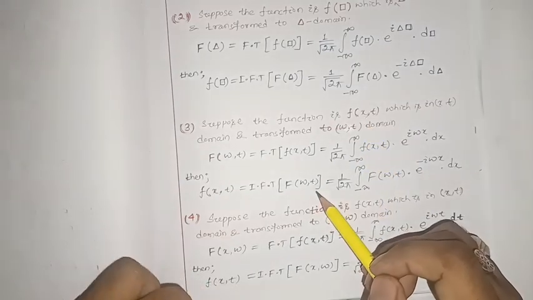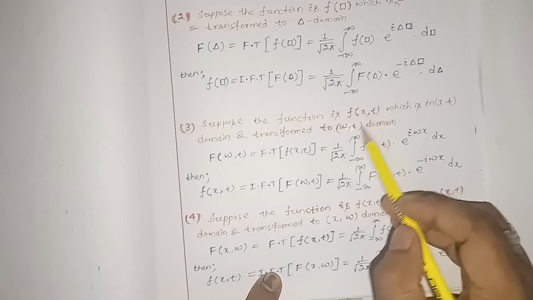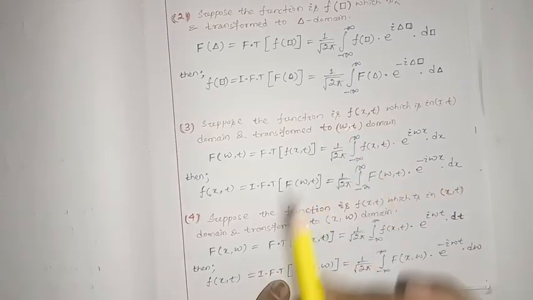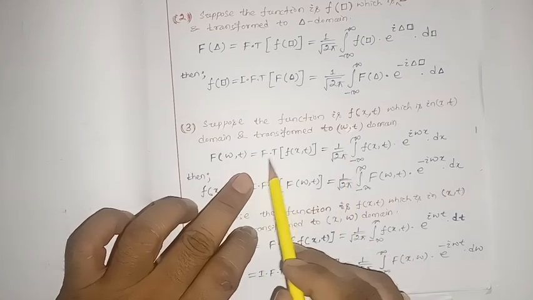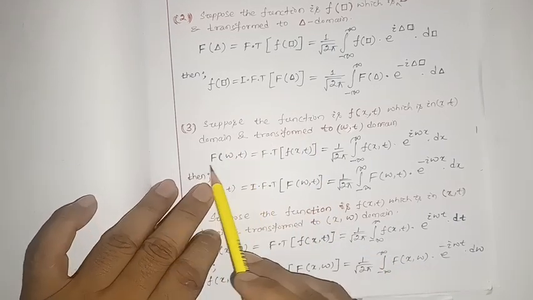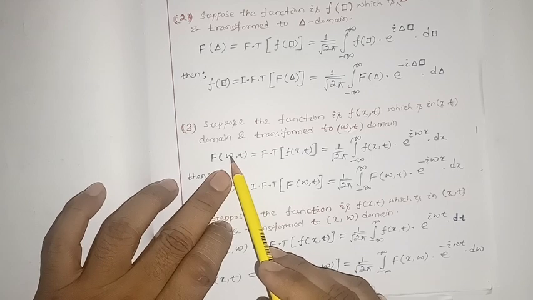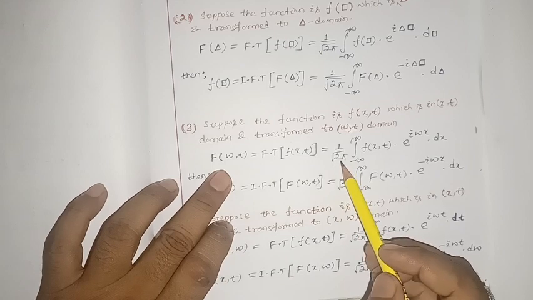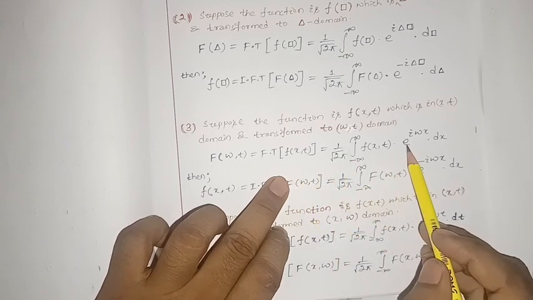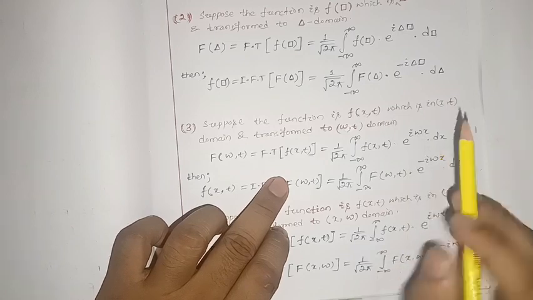That means which variable has been transformed? Here the x variable is transformed to omega, but t is not transformed. t as such is there. t is not transformed, only the x domain is transformed, to omega. Okay, so how are we going to write it? Here the Fourier transform of this function f of x,t will be transformed to another function capital F, which is a function of omega and t, because this x is transforming to another variable or domain omega, and will be written as 1 by root 2 pi, integral from minus infinity to plus infinity of the original function, this original function f(x,t), into e to the power plus iota omega x into dx. Got it? Most important,